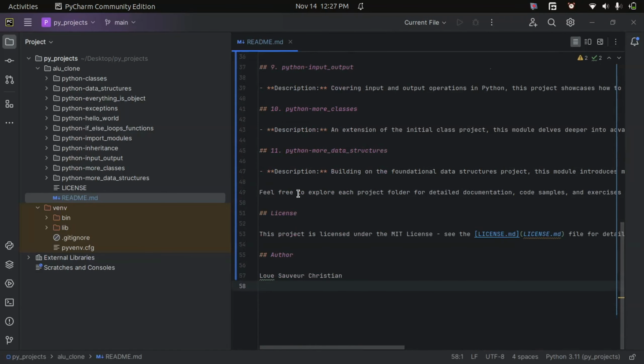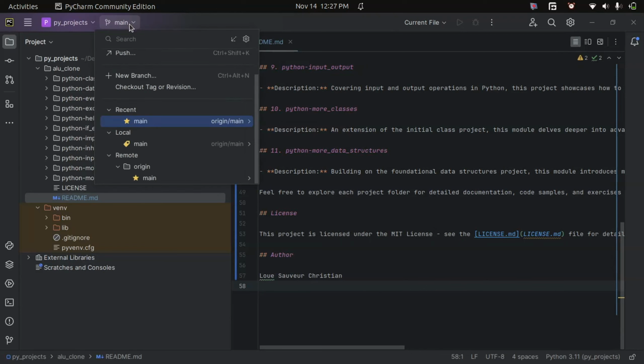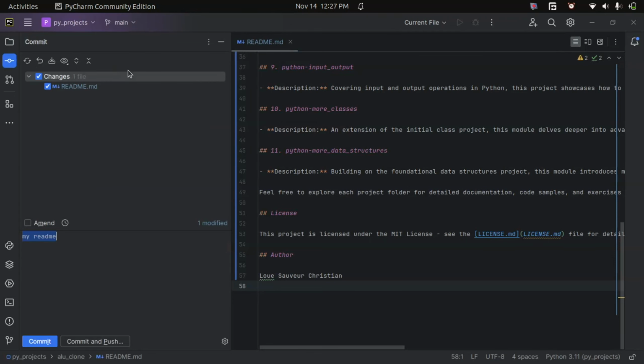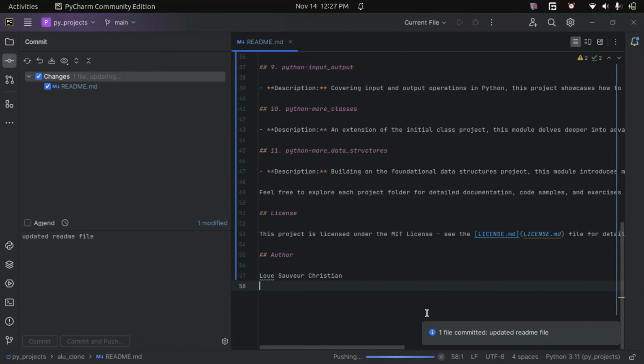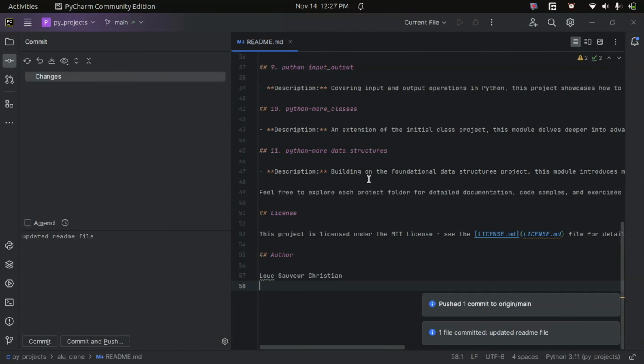So this is the whole folder description of my projects and the folders inside my project. So here is the license, because I added the MIT license for my project, and I will show you how to do that also. And also the author, this is my name. So let me just save and click on main, then I will have to commit and say updated readme file. So when you create the commit, then I will just push. So this is how easy it is, and you can say no to Vi, Emacs, and any other